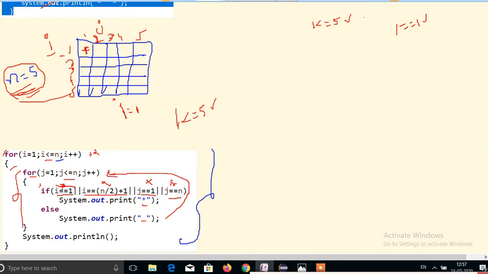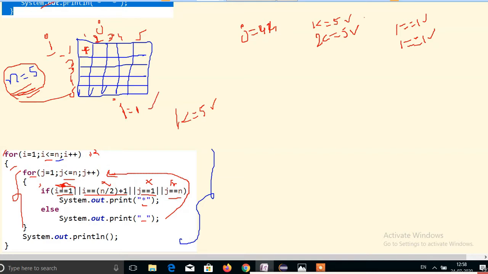Now j value is incremented to 2. Check the condition: 2 less than or equal to 5, condition true. If the condition is true, it will go inside the body. Again check the condition I double equal to 1: we didn't change the I value, only the j value is incremented, so I is still 1.